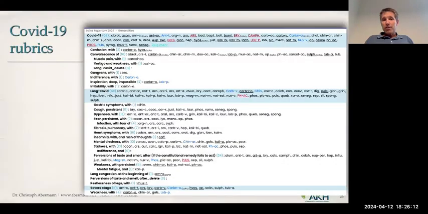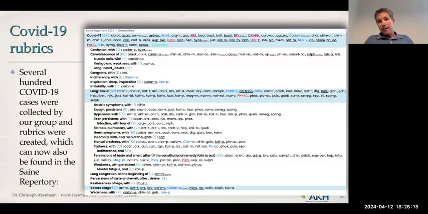Very shortly, I want to show you the rubrics I added in Saine Repertory for COVID-19. I don't know if some of you participated, but I gathered the cases of COVID-19 internationally with a group of homeopaths here in Austria, and we looked at which remedies worked well and made rubrics out of that. All those rubrics you can find in Saine Repertory. I probably will never need them again because COVID is not as difficult to treat anymore, or not as strong. Sometimes it doesn't even need a remedy right now. But if it gets stronger again, or if you have a patient who still has strong COVID symptoms, those rubrics might help you.